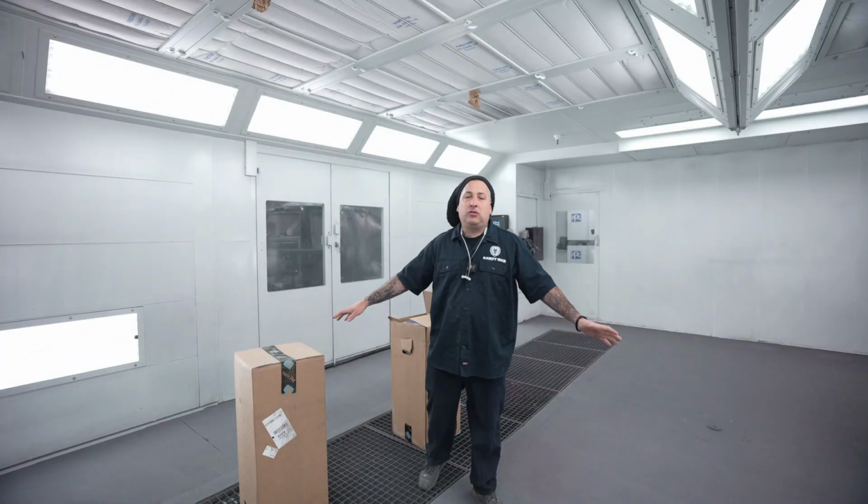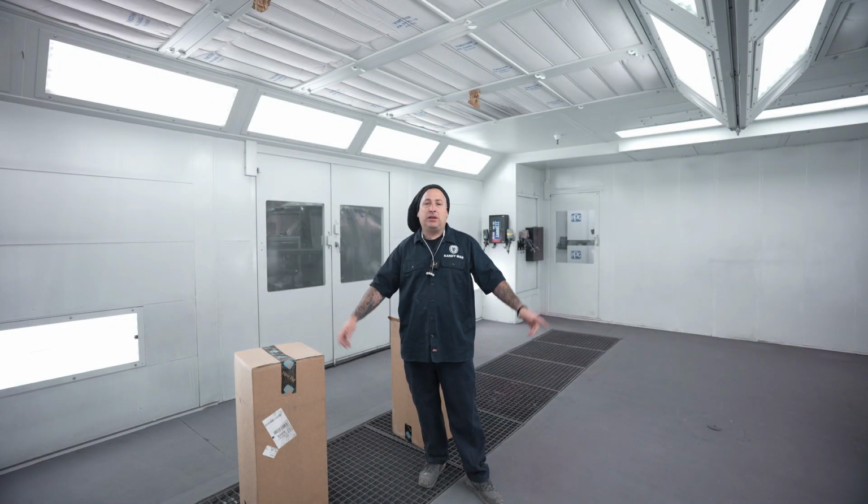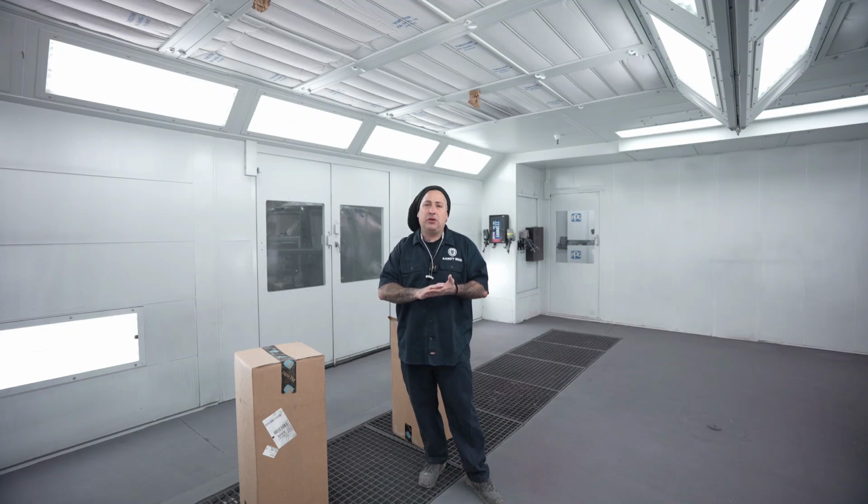All right, we're getting ready to install the PIGMAT. You guys seen that we cleaned the booth. We got up as much of the overspray on the floor because you want to get good adhesion when this stuff is applied. That way it stays down good and you won't have any trouble with it. So we pressure washed it, we swept it, we've changed our floor filters, and now we're going to go ahead and roll this out. And then we're going to get the cars in here, shoot them, and see what the